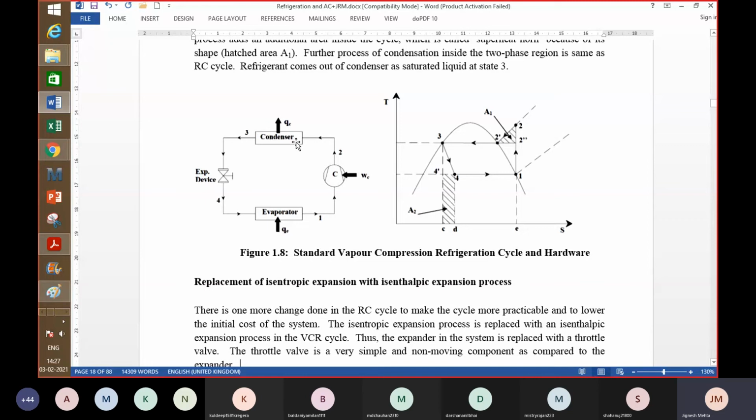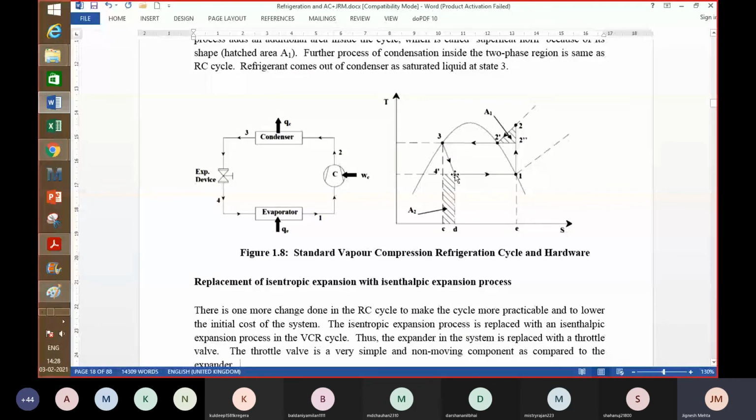So the line is like this, 3, 4, right? It's not a vertical line. It's not isentropic process. Entropy increases. Actually, many times I show this line as a dashed line because actually whenever you draw anything, in this case, they have drawn this line as dashed line and this line as full line. I may draw this as a full line and this as a dashed line. The reason is that you don't know the intermediate processes because it is not a reversible process, right? Actually, when you draw something on thermodynamic chart, it is supposed to be a reversible process. So 3-4 is an irreversible process. Entropy is increasing, and